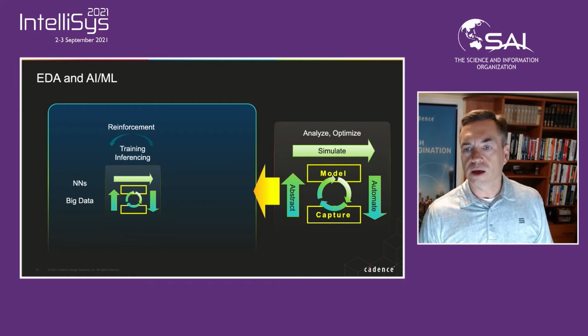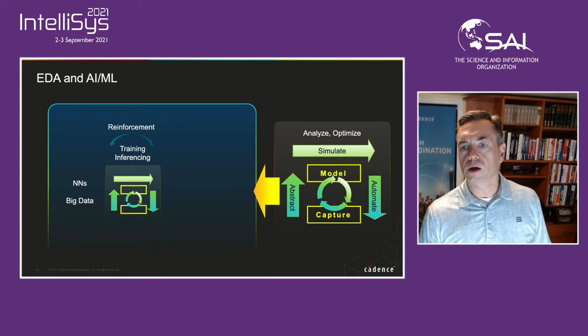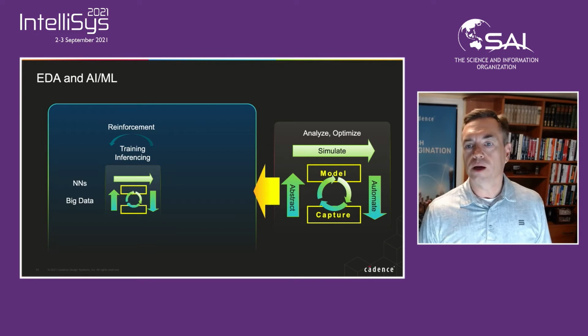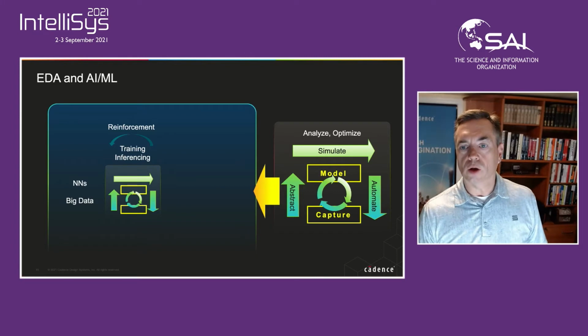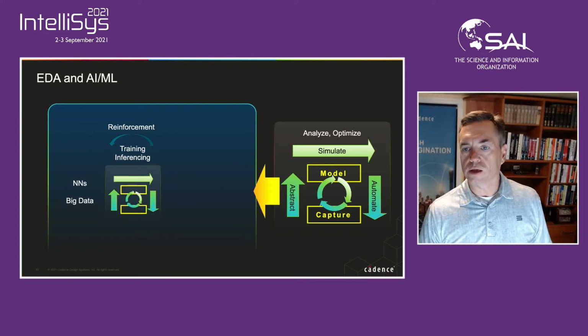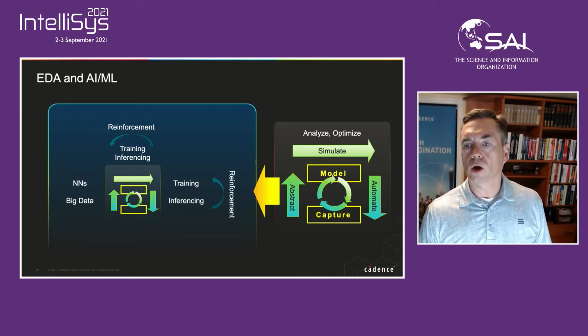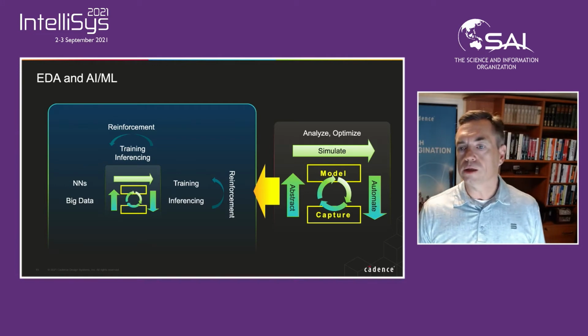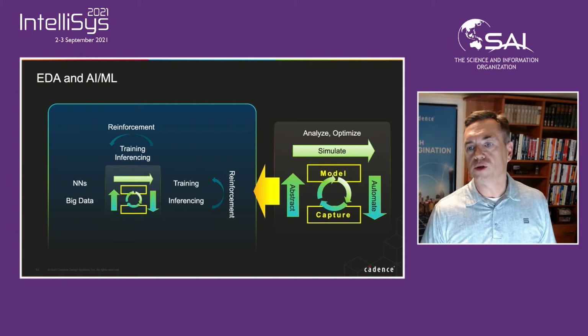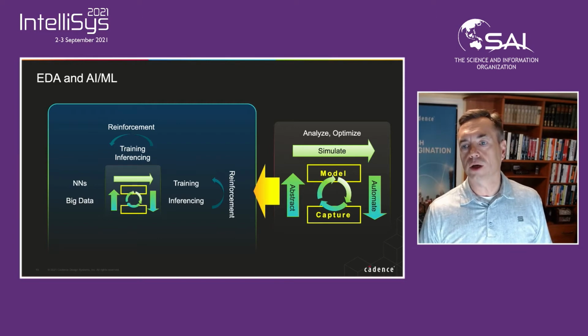This training is typically done using simulation. So that's this part up here, where you create terabytes of data in very short time, doing a lot of training of these networks, and then there's reinforcement training going on in that level. And the same is true when you then look at different implementation options. So that's the architecture component, looking at the different implementation options, and then learning essentially from the implementation how to